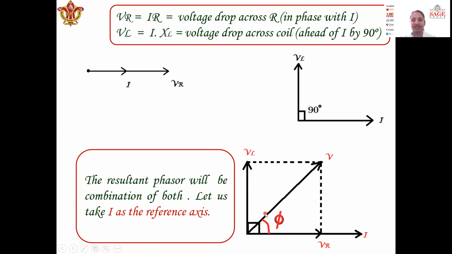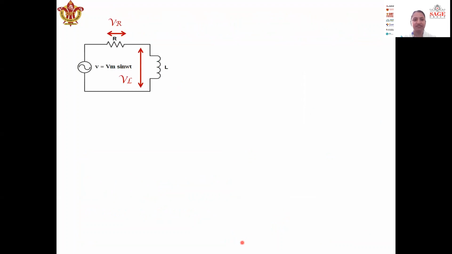So as we draw the resultant phasor diagram, this VR and this VL will combine and add up to give the vector V, that is the resultant voltage of the circuit as per the vector diagram, right? And the phase angle drawn between the voltage and current is phi, and as we can already see here, current is lagging voltage by phi angle, right? So let's discuss the next slide.